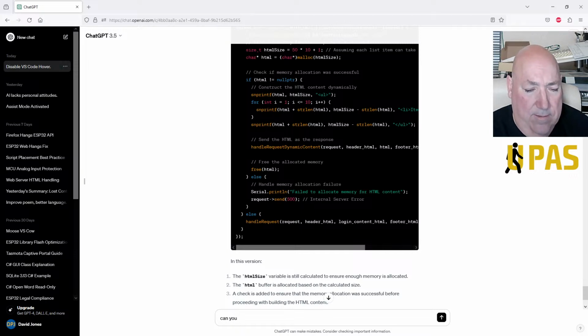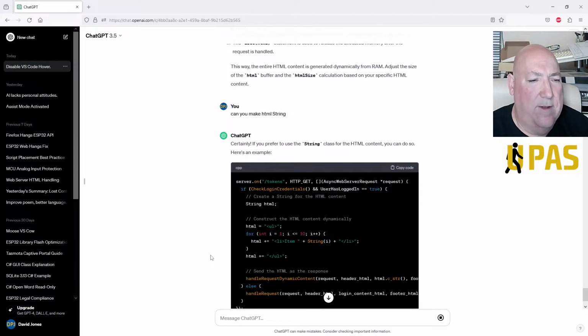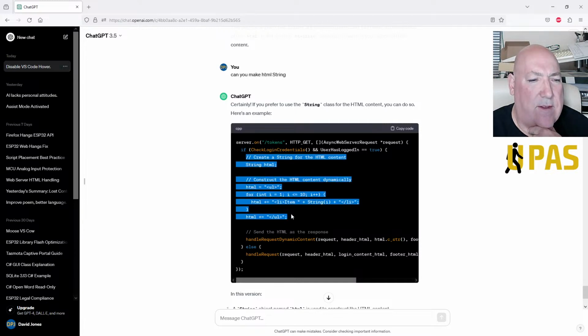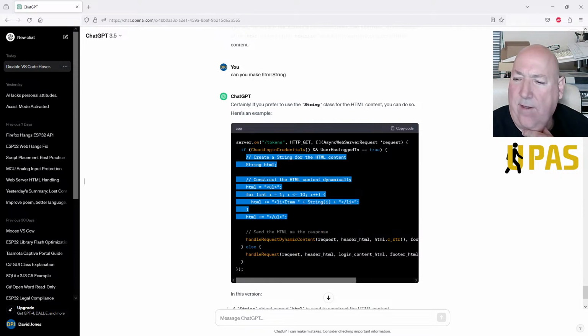Can you make HTML a string? Right, so what's it done? That's a much simpler list, isn't it? Yeah, let's construct the HTML content dynamically. Right, that's what we want. Yes, we don't want too much stuff like that. Let's try that.